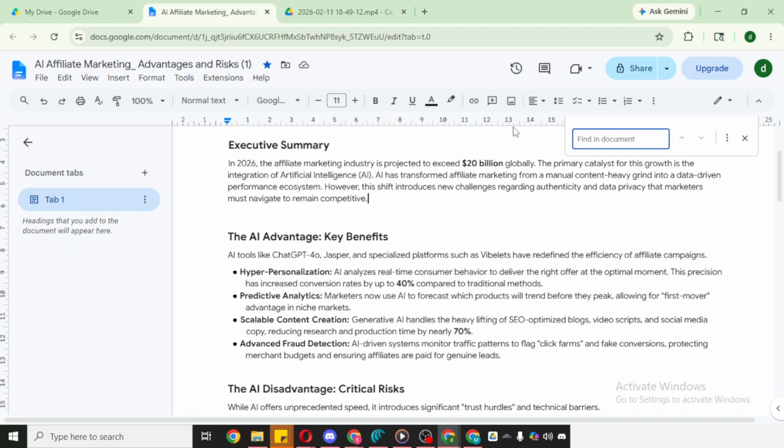That's all there is to it. Click the Google Apps grid, open Drive, right-click your file, choose Open With, then Google Docs, and start editing. When you're done, simply close the tab. Your updated text is safely stored in your Drive.